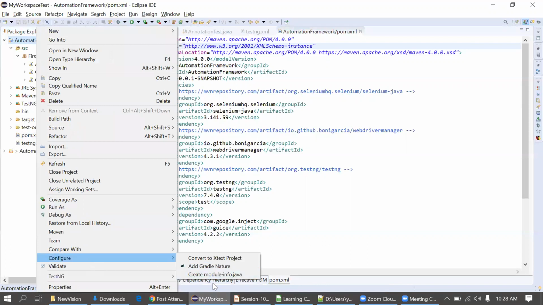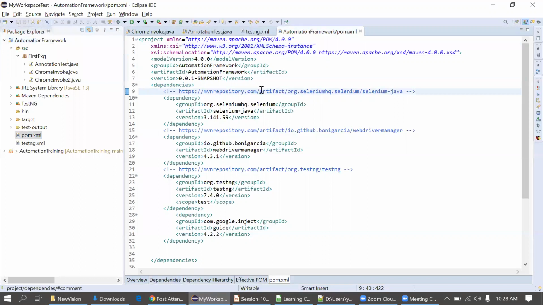This is a Maven project, so you are not seeing the option, but you should get the option in case of a Java project. So don't try to create pom.xml on your own. It will lead to issues.